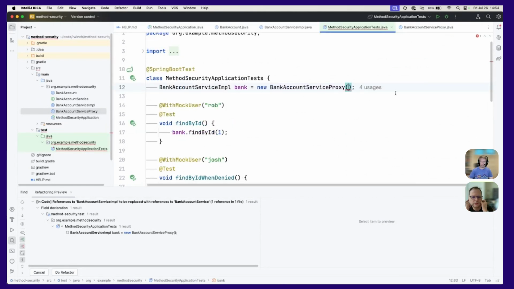Yeah, and so to do this, we also need to inject our original service. So new bank accounts, bank account service impl. And now this is another thing that is important with the interface-based proxies. The interface-based proxies can't be cast to the implementation because it's delegating. So this is teaching, showing you that there's trade-offs here, right? We can do the final, but we can't